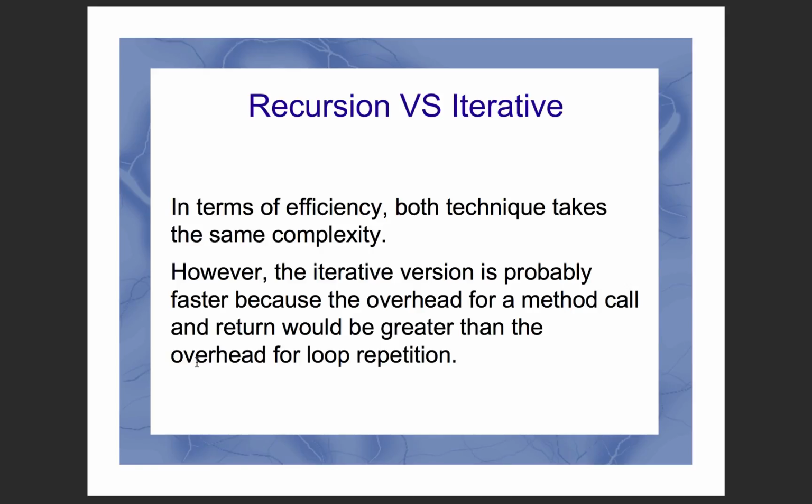Basically, if you need to apply the same operation on several data, probably you can have a loop and do the operations, and you can do the same thing in a different way, in a recursive way. So when we compare pros and cons, probably